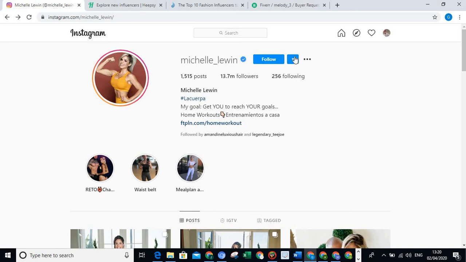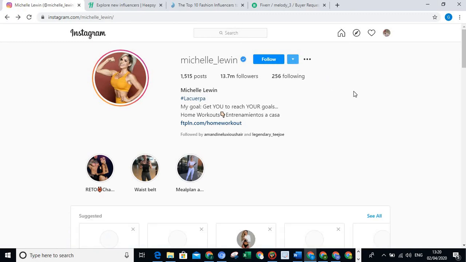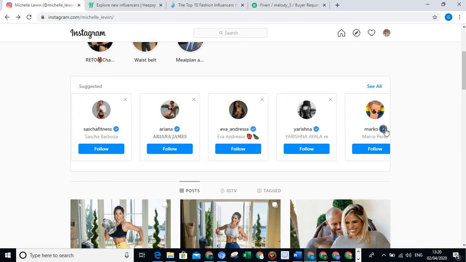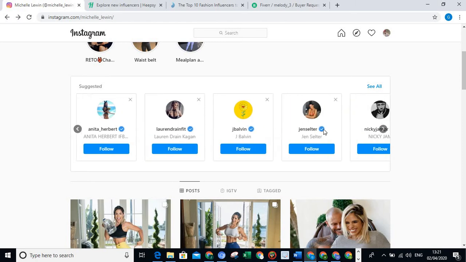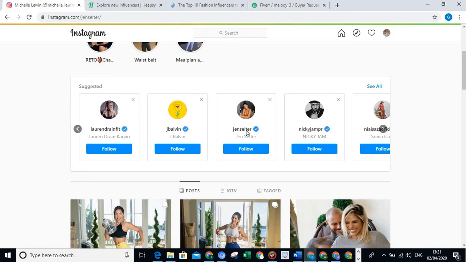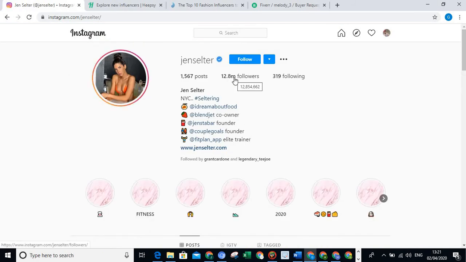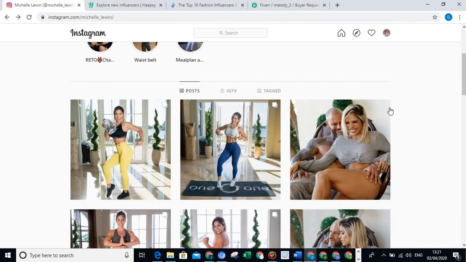What you are going to do is, can you see this? You are just going to press this and it will drop down some other people. So you are going to be looking at these people's profile. For example, let's say we take this. Okay, this one is having 12.8 million followers. So you can see that this one is also very much. So you are just going to be going through all of those things to get